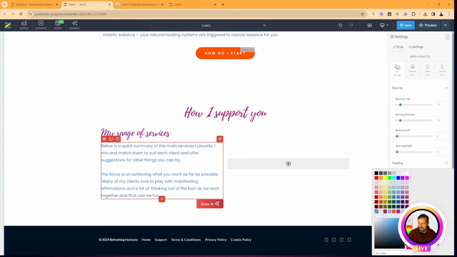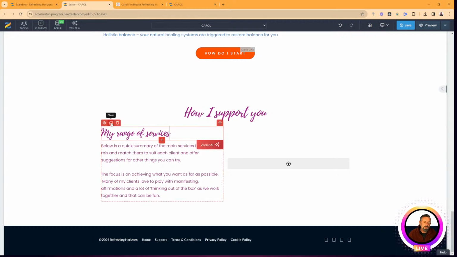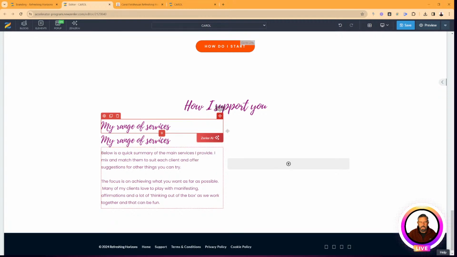So Carol's happy, that's good. You see, but you can see how quick this is being done. It's just working through these blocks, working down. Obviously it's a bigger process when you start, but like I was saying in the last ZenStream,